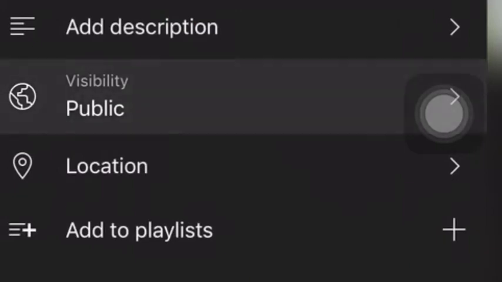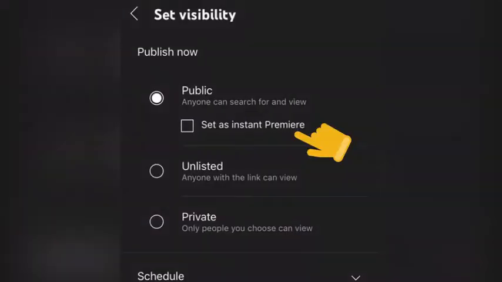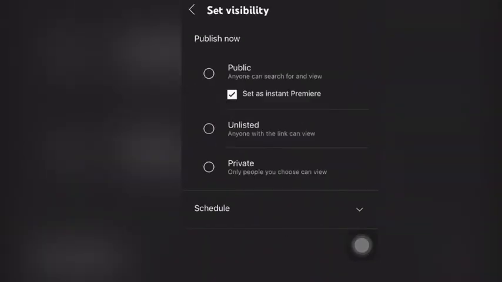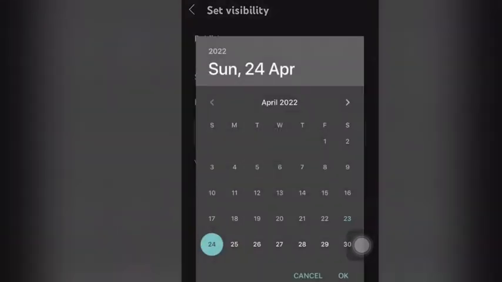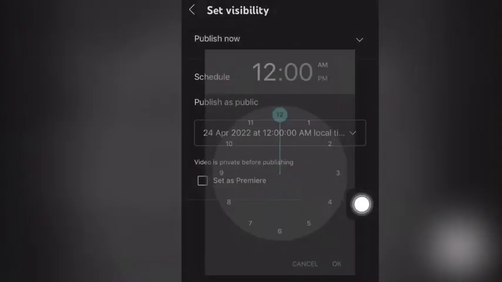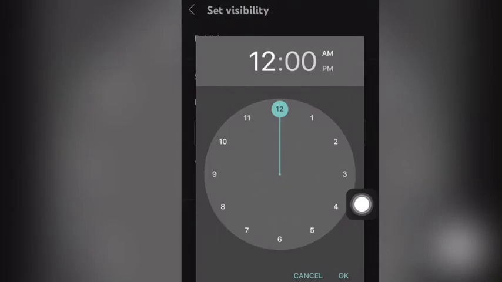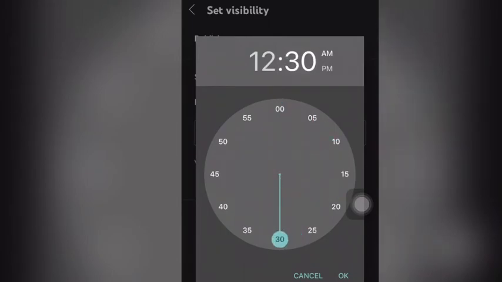choose visibility, and then set as instant premiere, select your schedule, and then your time. You can change here between AM or PM, it's up to you. So